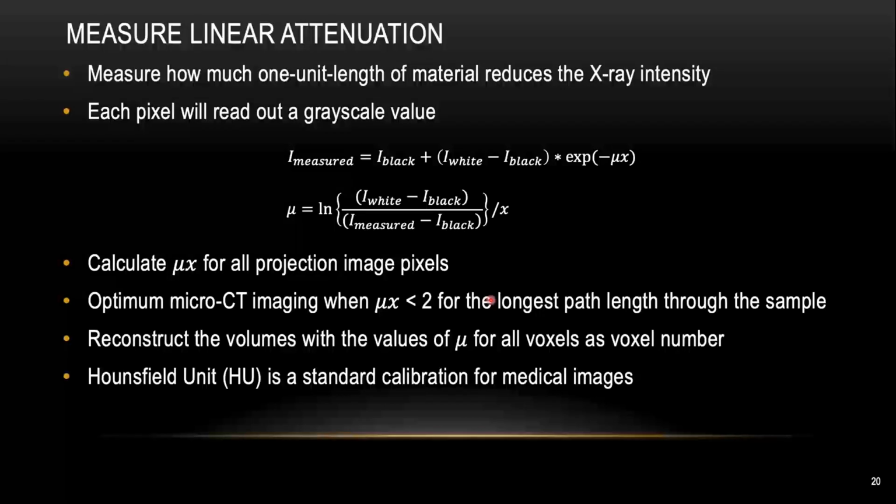Then we do the reconstruction, and now you are getting some kind of Foxhole number. Just be aware, the Foxhole number is different from the so-called Hounsfield unit. A lot of people, when they come here and do a micro CT, might say, I want to get some kind of Hounsfield unit. But it's different from the Foxhole number you are generating from the detector.